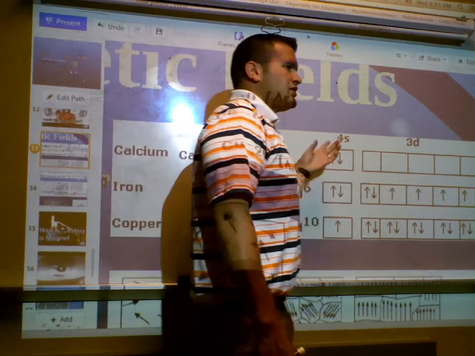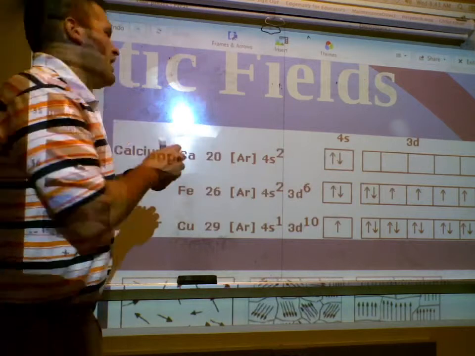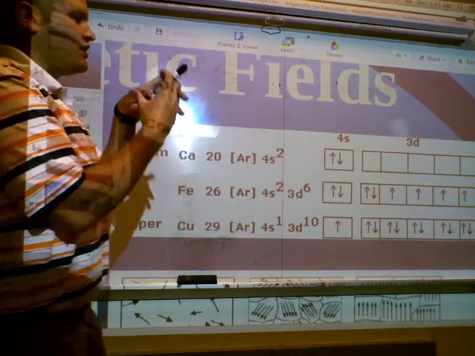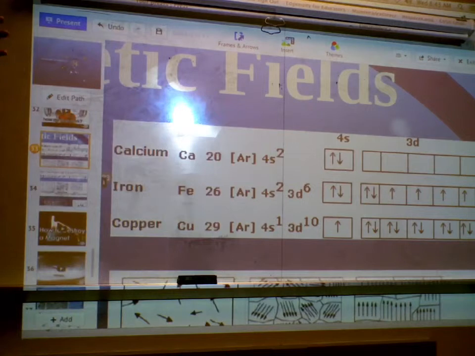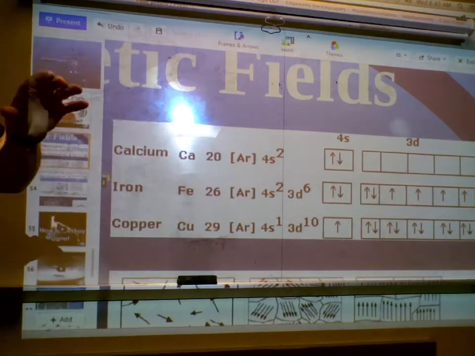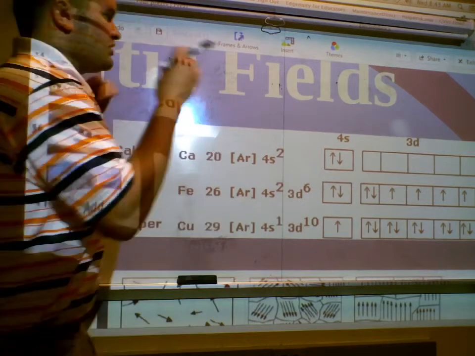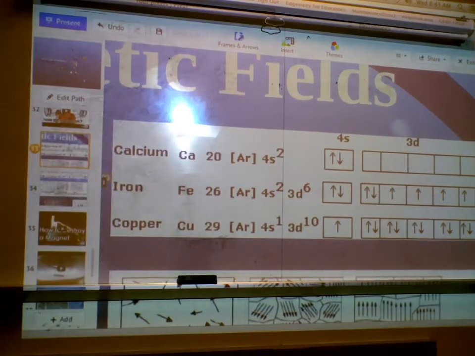That means it's filled. It has a 1s orbital, which is the orbital really close to the atom's nucleus. 2s is just outside the 1s. 2p is just outside the 2s. Then you get to 3s, 3p. Then you get to 4s, 3d, which is what we have here, and 4p. So this is just a small portion of the periodic table, and we picked out some specific